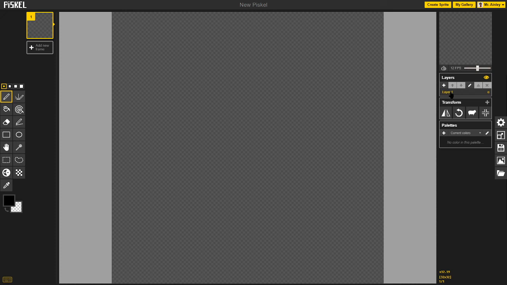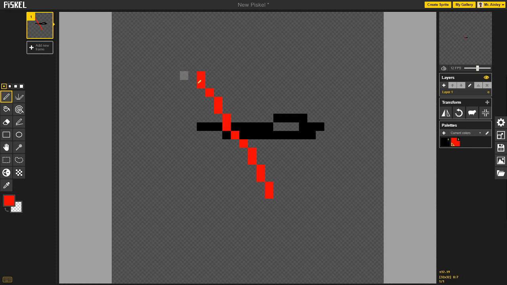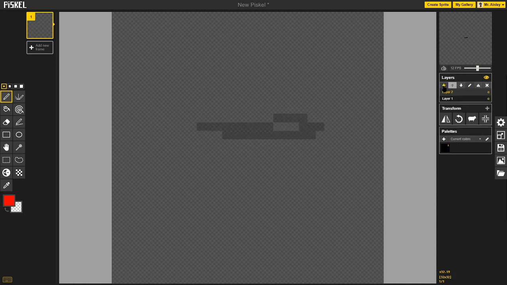Layers allow us to draw in front of and behind other pictures or other things without actually erasing. Because by default, if I draw something and then I draw something different, I erased those pixels and drew over them with red. I could fix it pretty easily in this case, but I could never get that information back. It's gone. Layers allow us to avoid that: if I create a new layer, you see it kind of hides that layer. If I draw now,